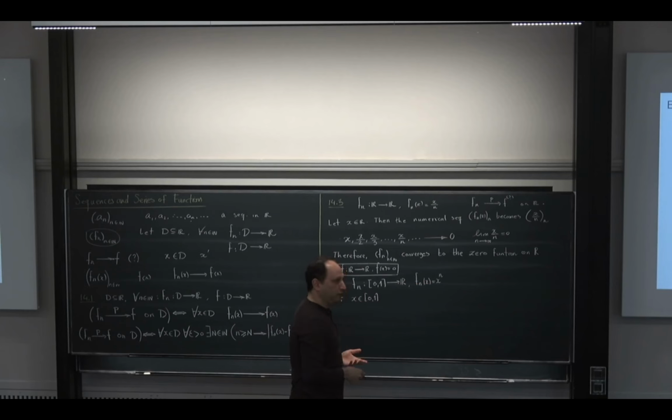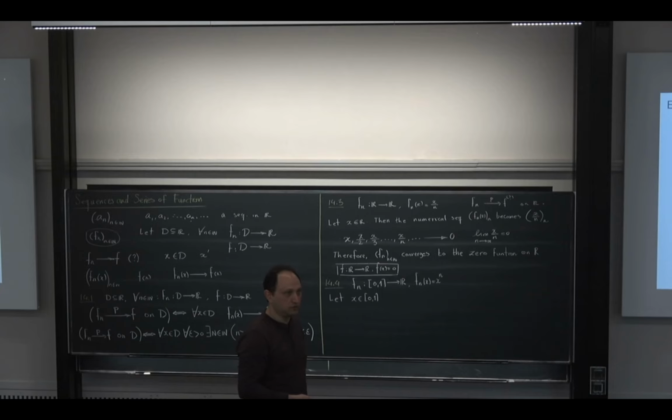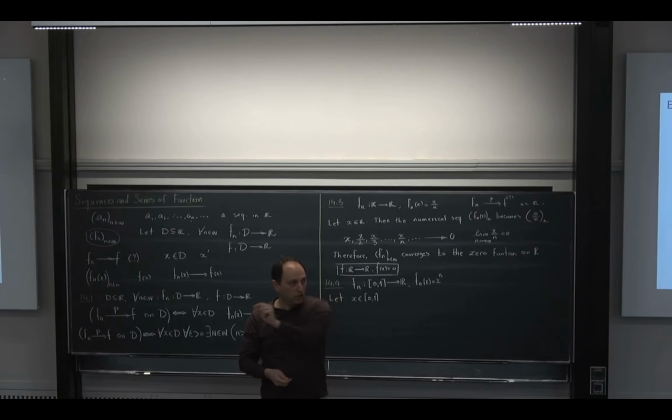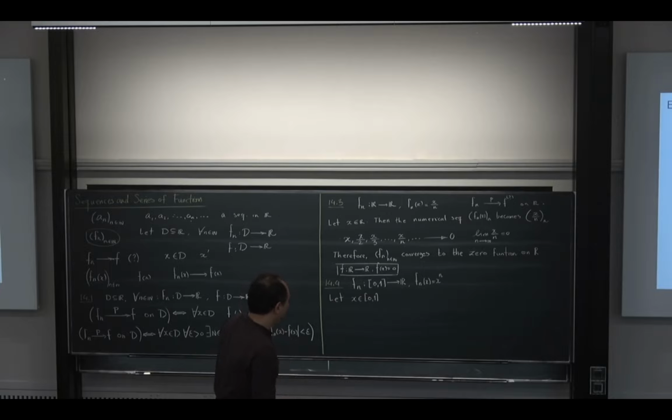If I put 1/2, for example, what happens? It becomes 1/2 to power 1. The next one will be 1/2 to power 2. The next one will be 1/2 to power 3. If I continue indefinitely, this sequence of numbers will converge to 0. So for 0, it was 0. For 1/2, it is 0. Do you agree that for any number here, it will be 0 except one special case, and that is 1? Because if I choose 1, then 1 to power n is 1. So I will get a sequence of 1s all the time, which will converge to 1. But you have to write this in a formal way.